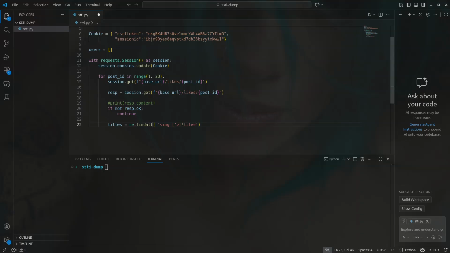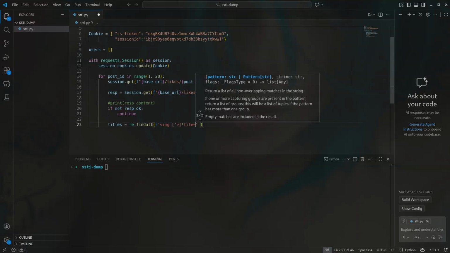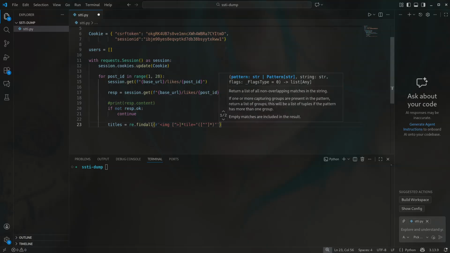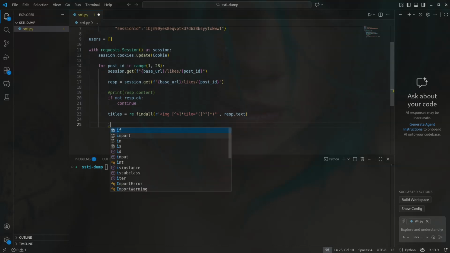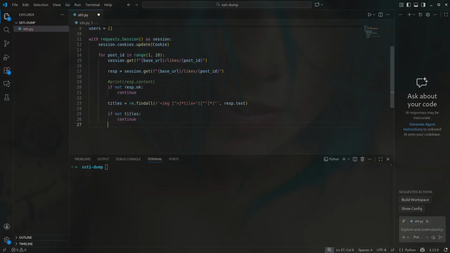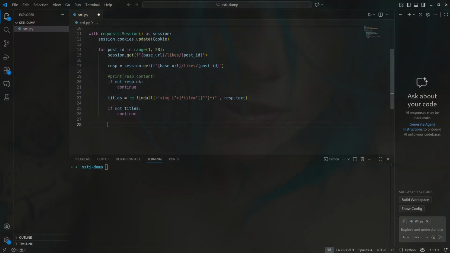So far, let's just do the vibe coding. I want to call in the codes, I want to call the parentheses, and the same thing here with the codes, and grab all of that on the response text. But if it's not titles, again continue. But last title we can call